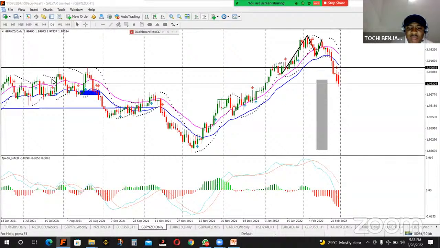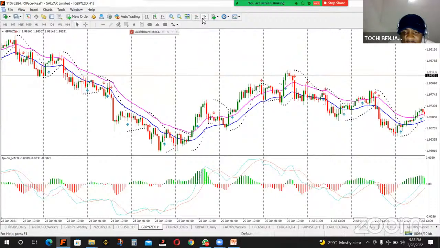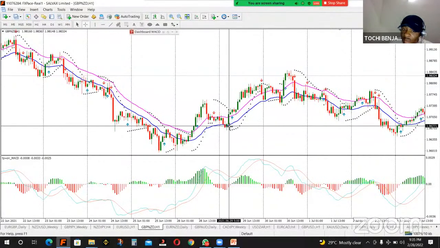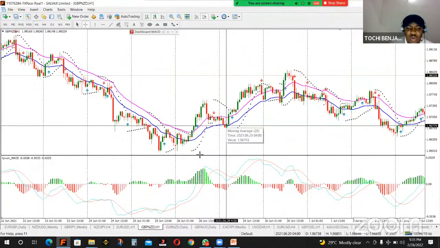I'll come here. Look at this price here. Look at where this market is. I say I will enter at this low, this second low, this second moving average. See this market. Immediately I enter this market, I would have entered here for a buy. I might decide, yes, let me take this low here as my stop loss. This is 81 pips. Or I might decide, okay, let me use something small to take my stop loss. I'll put my stop loss below here, 23 pips. This thing, this dotted distance here, they are called parabolic SAR.